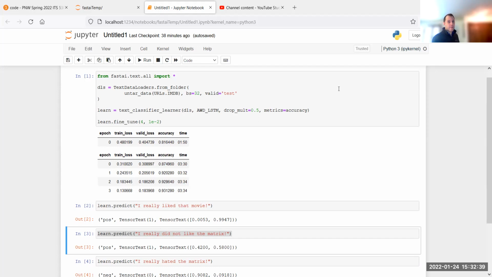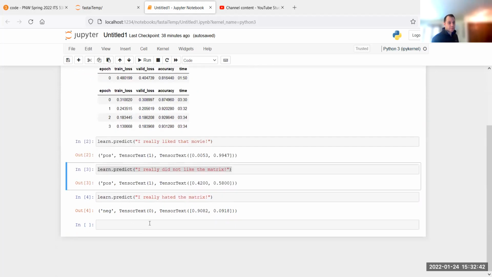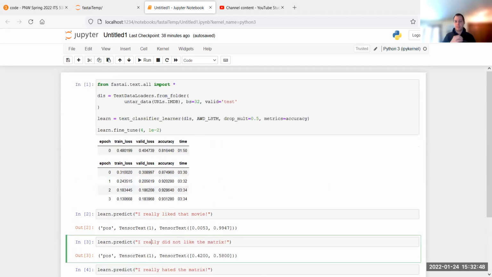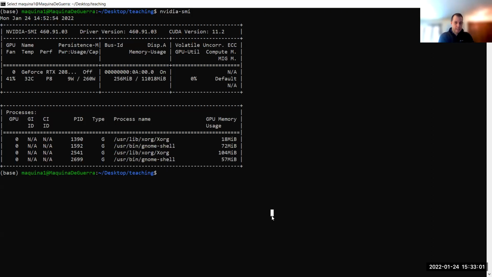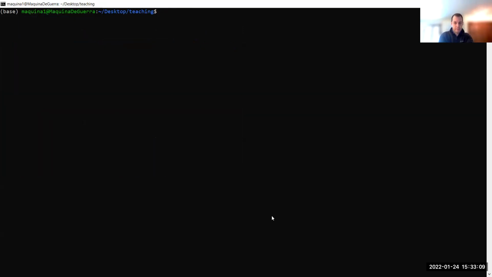Now, again, remember with this one, this probably allocated a lot of memory in my GPU. If I run other models, I'll get that memory error. So let's go ahead and address that again. So I'm going to go back. You should be seeing now my CMD prompt. I'm logged in to the GPU box. I'm going to do the command NVIDIA SMI. So if you can't see it there, let me go down a little.